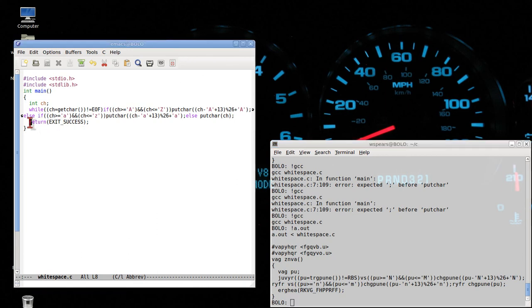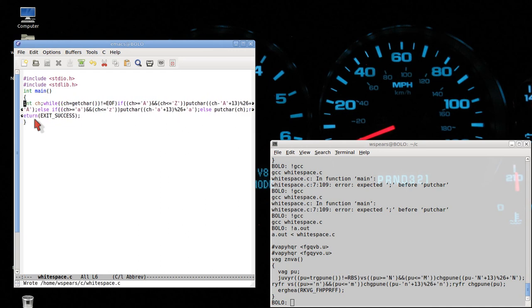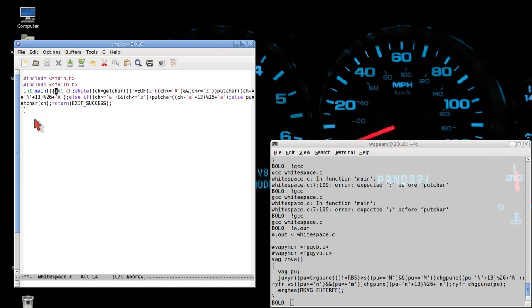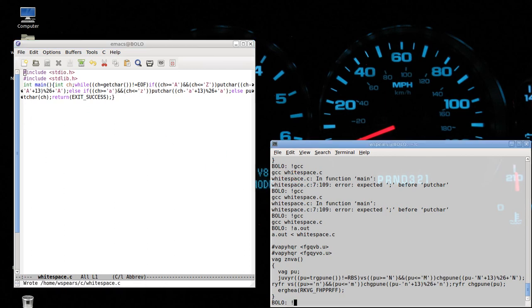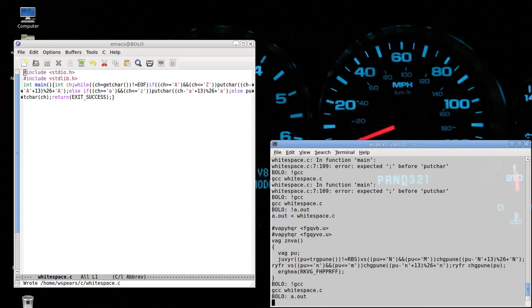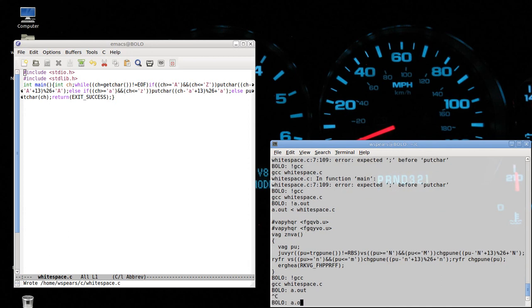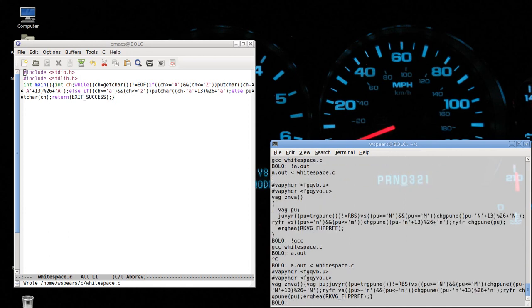We can get rid of some more. And that still works. Okay, so what you've learned from this is that whitespace is merely something for the human